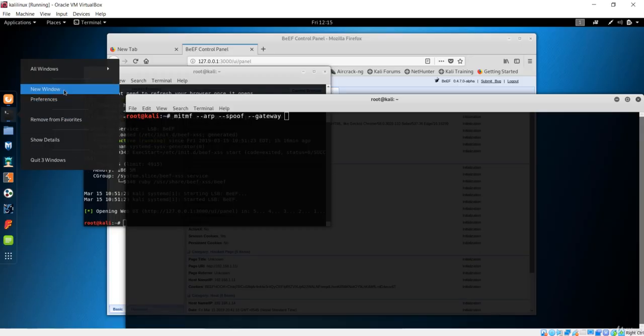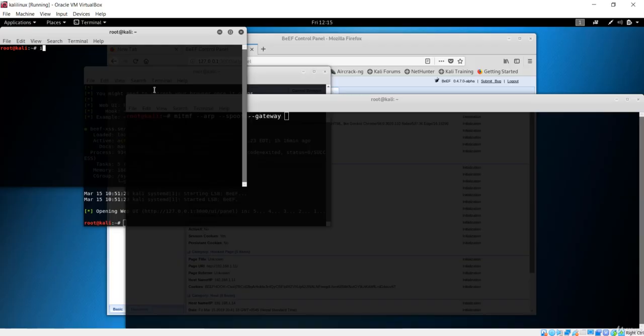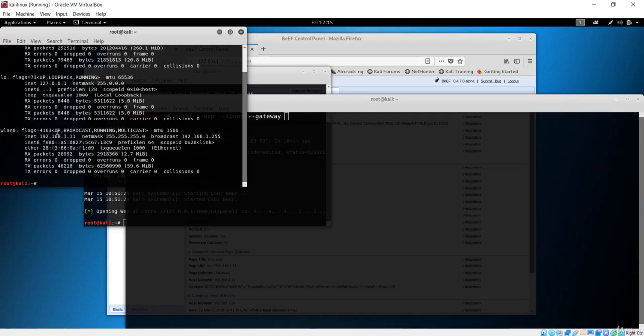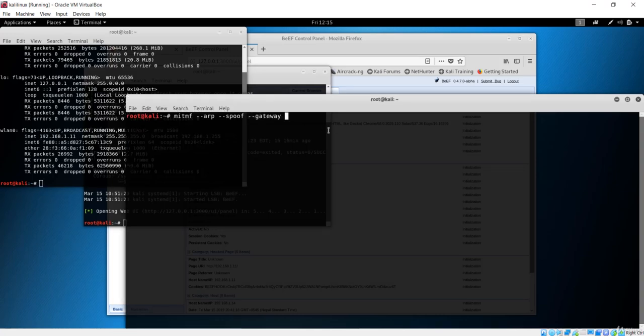If I run ifconfig, this is the IP address of the Kali machine, and the gateway is the first IP of this inet, or basically of this interface. So it will be 192.168.1.1, the first address of the subnet, which is going to be the gateway.